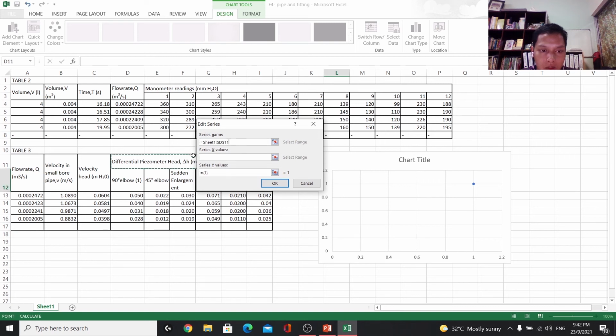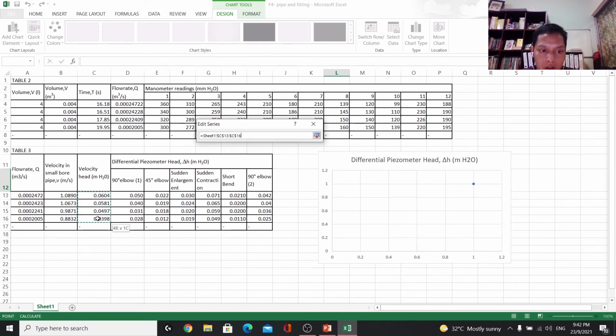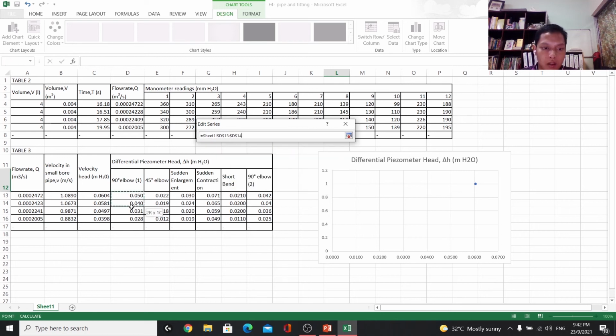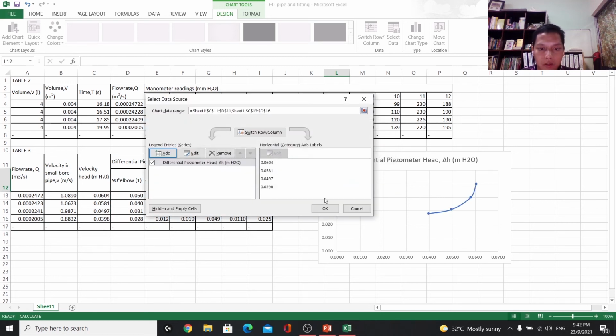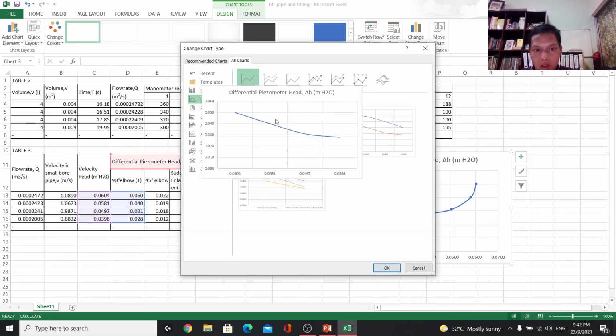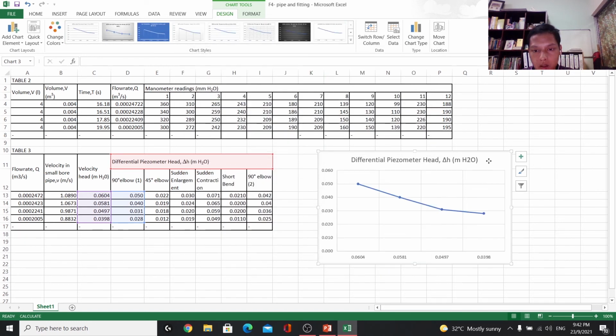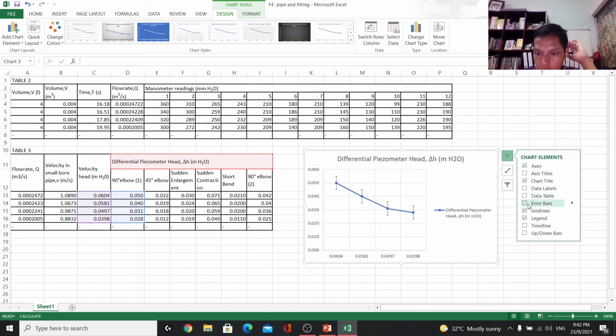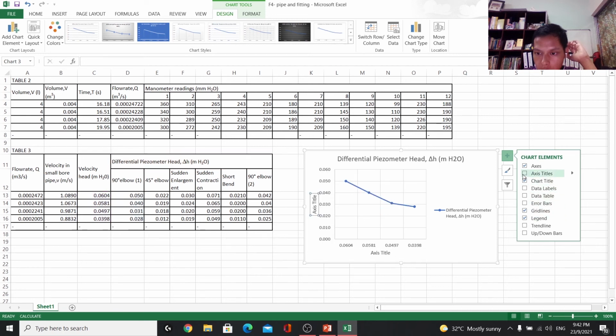Series X, so we choose this one. The series X is the velocity head, and the series Y is the energy degree elbow. Okay, what I want is to be more beautiful, so we change chart type. We go to the line, pick this one, and put OK. So we put the legend, and then we put the axis title here. So we name it here